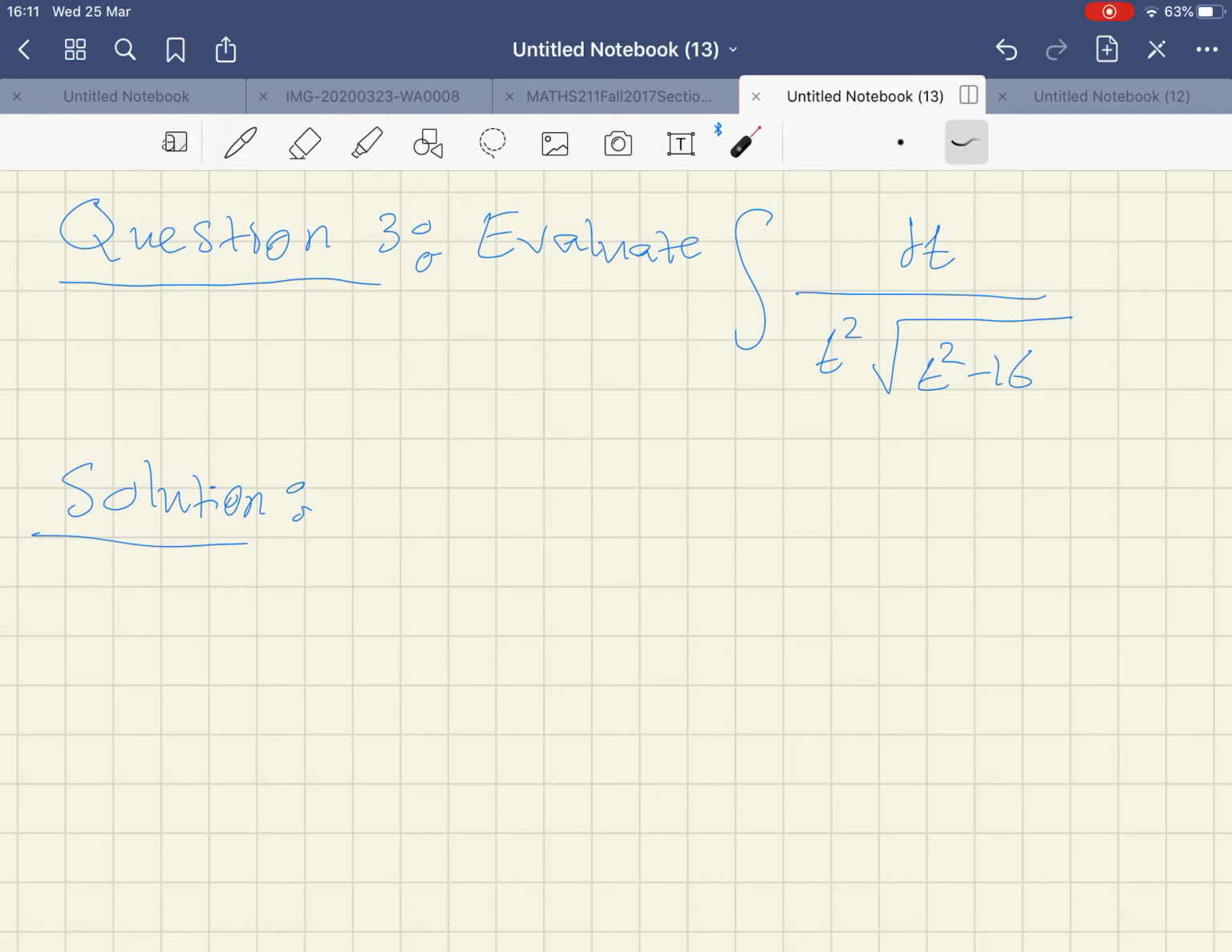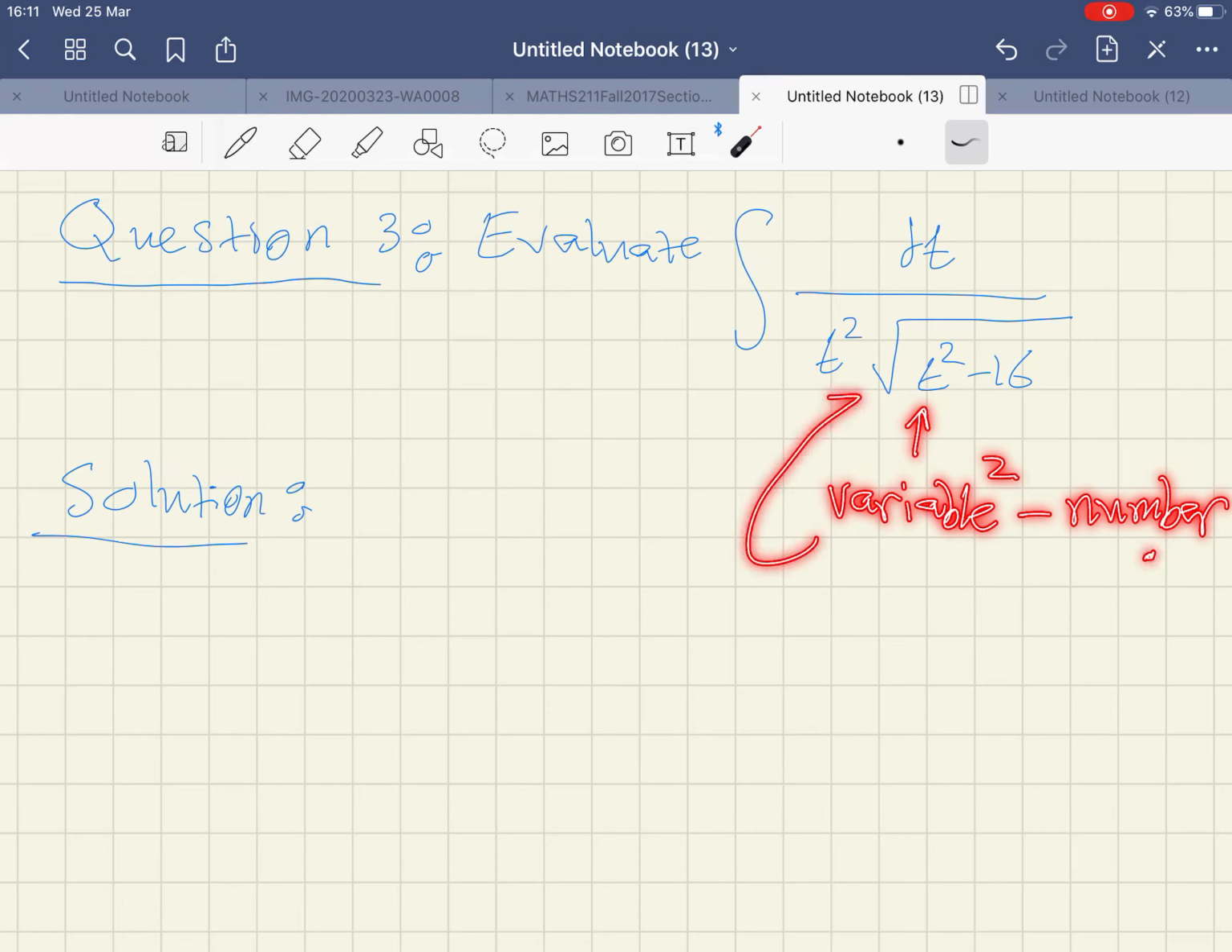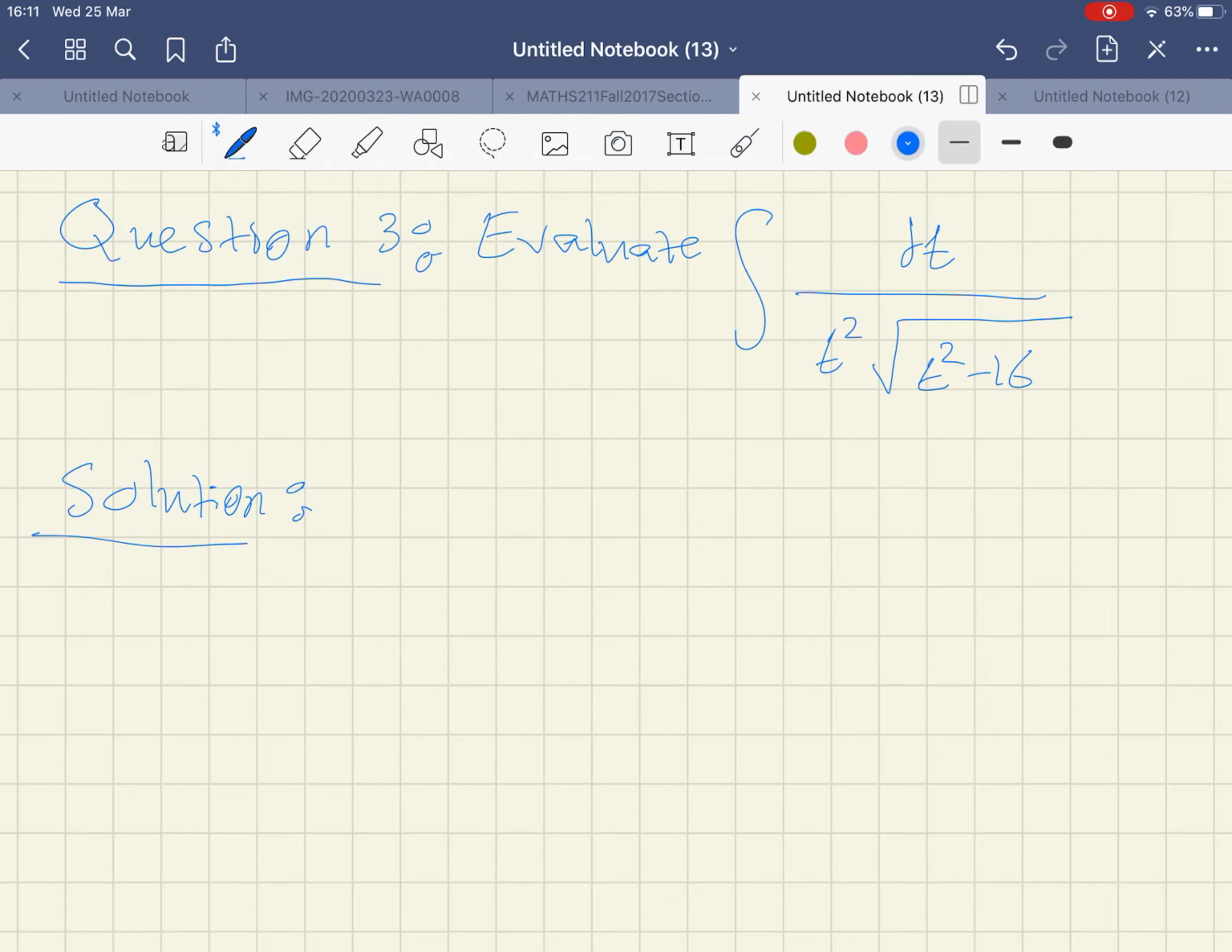We are in the same situation in question number 3 as in question number 1 and 2. First of all, we notice we have a variable here, something which is squared. So we have variable square minus a number. And that's very important if we have this scenario. There is a procedure to do, especially if you have this square root. And if you remember what we did before, if we have this situation,